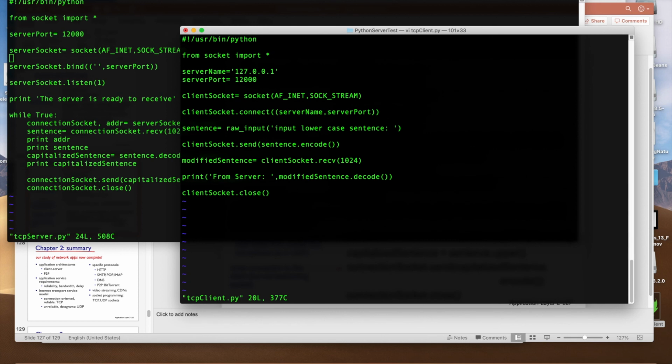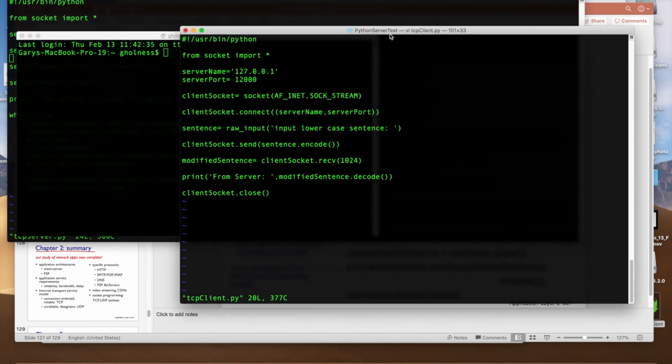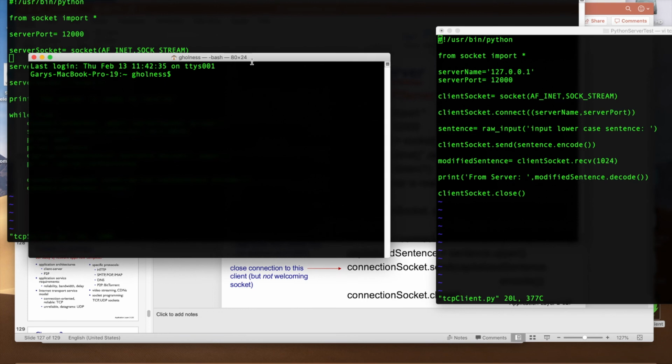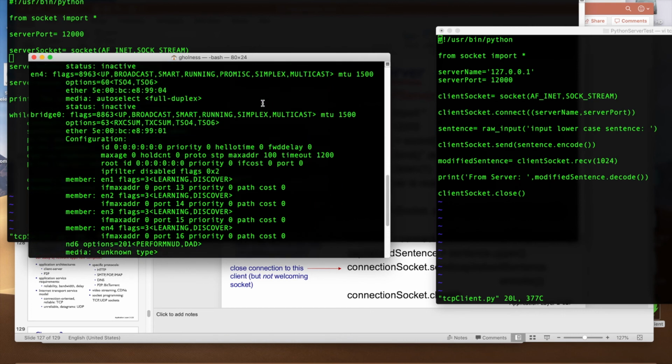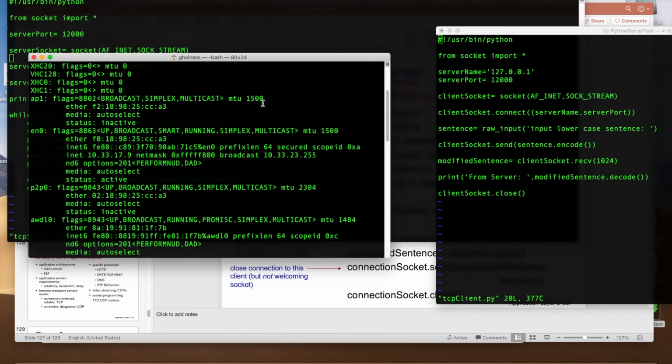So if you bring up a window, yes. Okay, so while somebody's doing that, I'm going to bring up a new shell window and just run that. And so for the client, the IP address you're going to use is going to be the IP address of my machine, ifconfig -a. And the IP address of my machine is going to be en0.